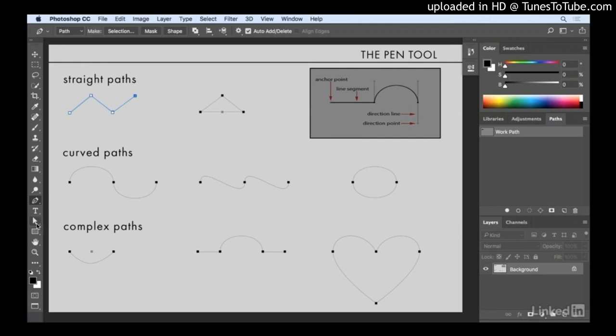When I click OK, you can see those marching ants. We could also hide the path by just clicking off of it. Maybe that helps us to see it a little bit better. All right, I'm going to deselect using Command D, click on Path 2 again, and just show that we could also click this third option, which is a mask, which will convert our background into a layer and add a vector mask. So again, I'll undo that.